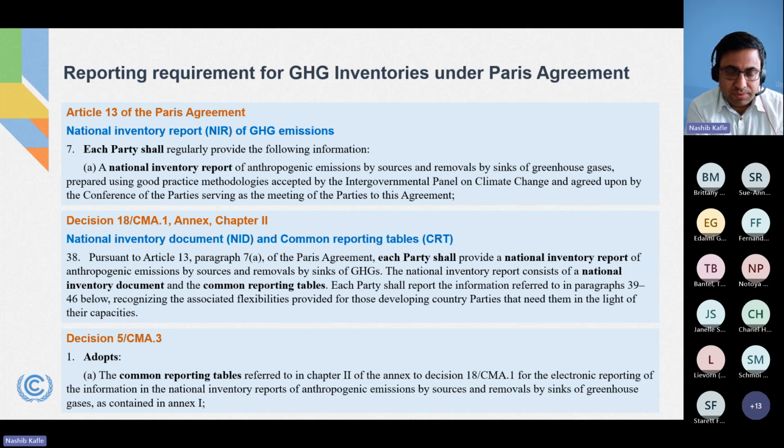And in this slide, this was already briefly mentioned by Fernando and Brittany a while ago, but here I'll just like to recap the reporting requirement for GHG inventories under the Paris Agreement. So Article 13 of the Paris Agreement says each party shall report the National Inventory Report. And Decision 18/CMA.1, the MPGs, further elaborated that the National Inventory Report